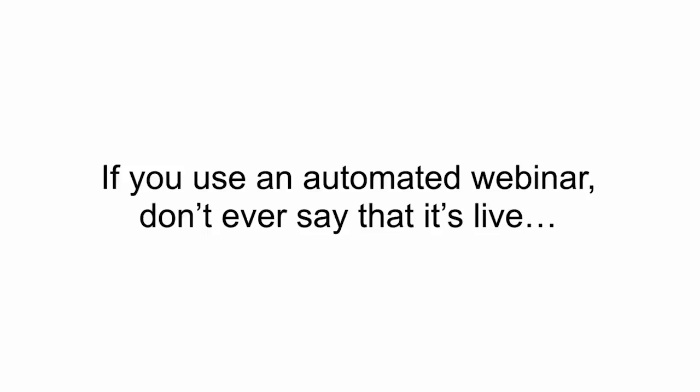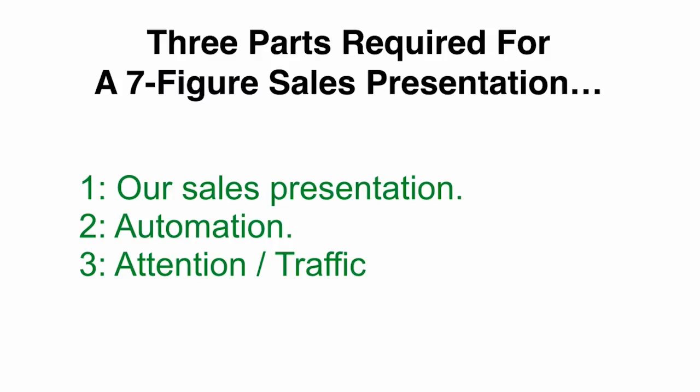So that brings us to the third and final piece of our 7-figure sales presentation, which is attention. We've gone through the 12 steps of creating your presentation. We've now gone through the automation portion. We need traffic. We need eyeballs. And when it comes to getting traffic, there is the amateur way, which is what I like to call it,